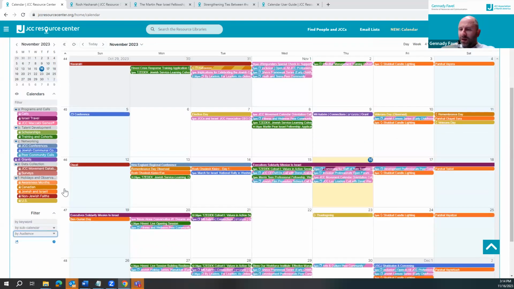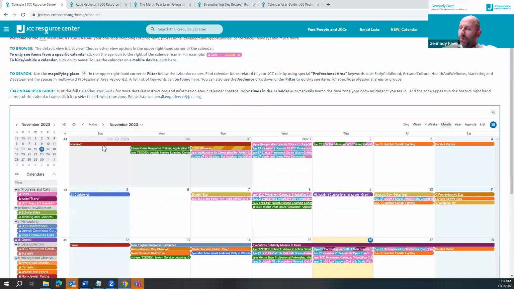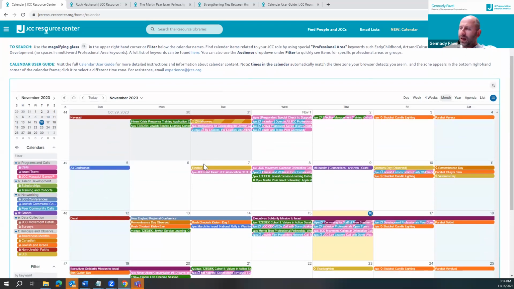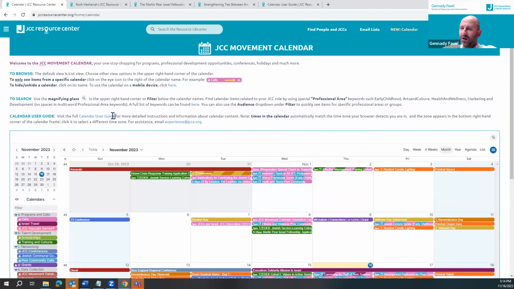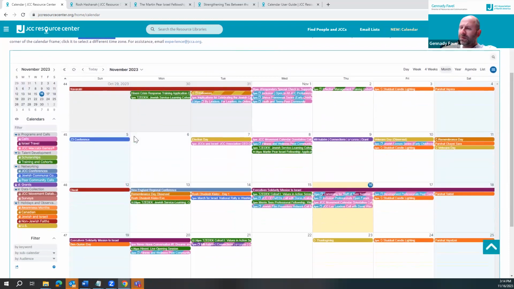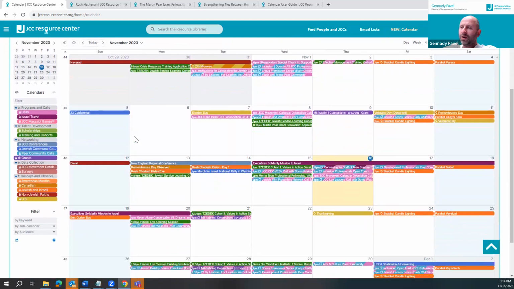The other way you can find items that are relevant for you is keywords or tags. Most of the opportunities have a specific keyword or tag that we included in them. These tags are all listed in the calendar user guide here, and some of them are professional areas and some of them are locations.